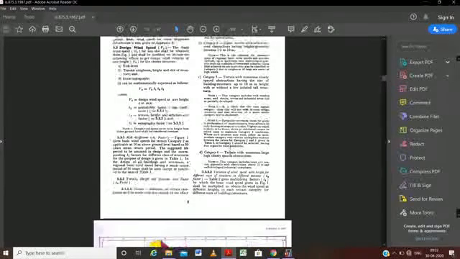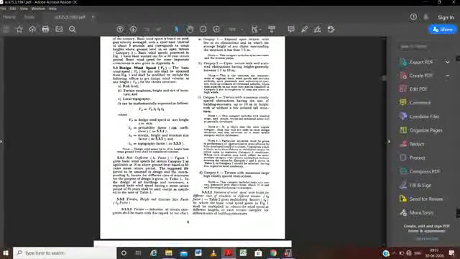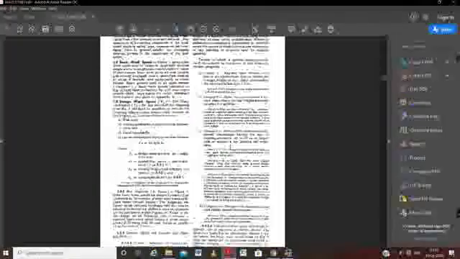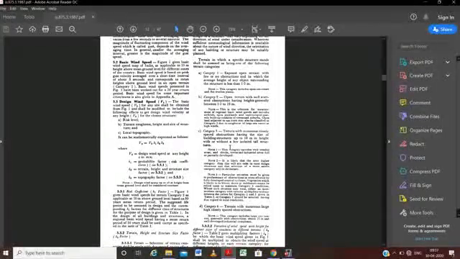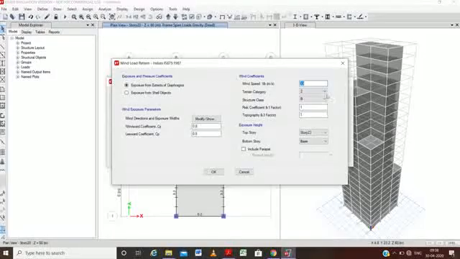The terrain selection is given here. There are 3 categories for the terrain: category 1, category 2 and category 3. We will be using category 3 because in Bangalore the terrain has numerous closely spaced obstructions. So we will use 3, use as per your place.